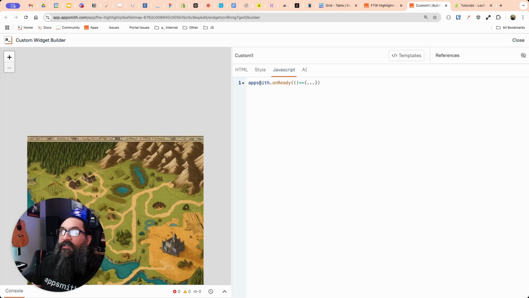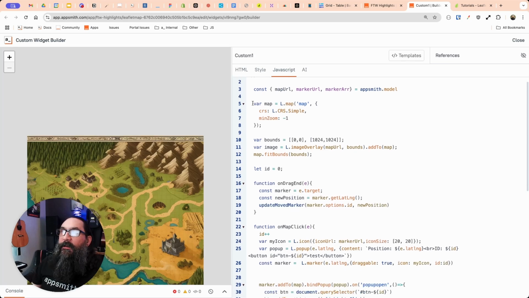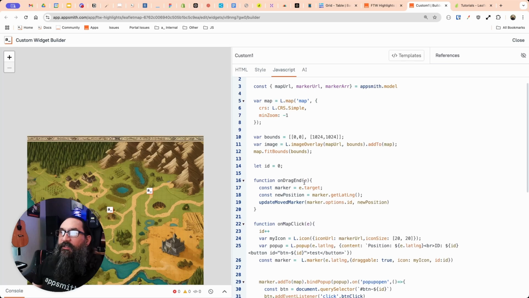And if you collapse this AppSmith onReady, you can see that all of the code here is inside that onReady function. So when the map first loads, I extract that URL. There's also a URL for the individual marker, and I'm just using the AppSmith logo here, but you could pass in any image, and that could even be different for each point if you wanted different types. So then I'm just setting the bounds, creating that layer, and once that's all defined, then there's just functions for